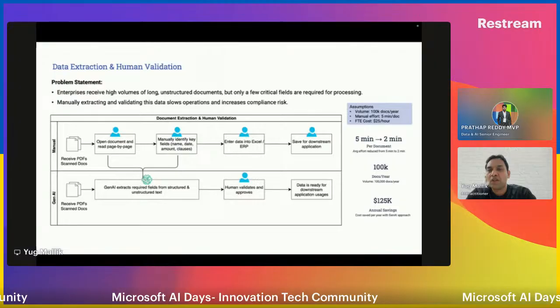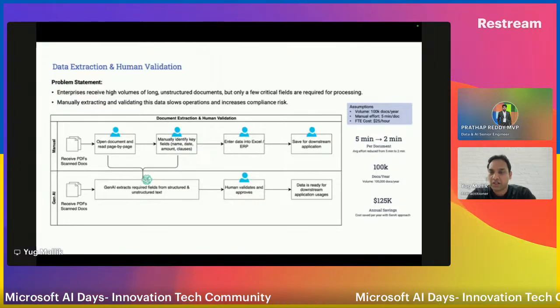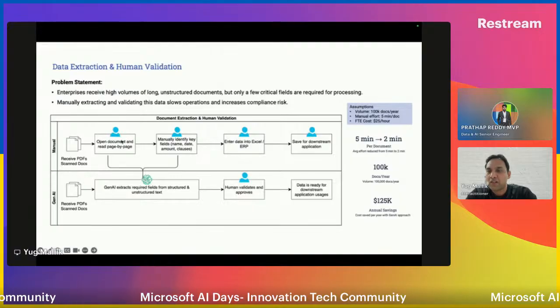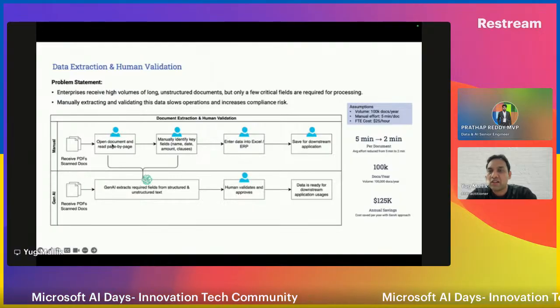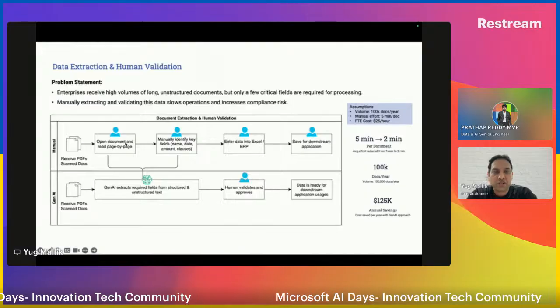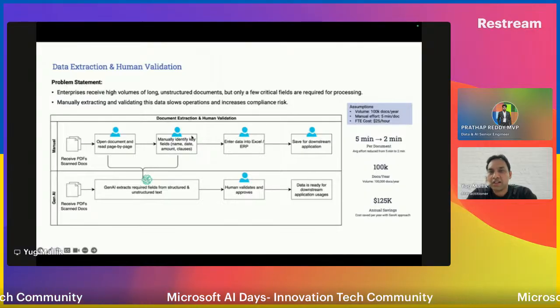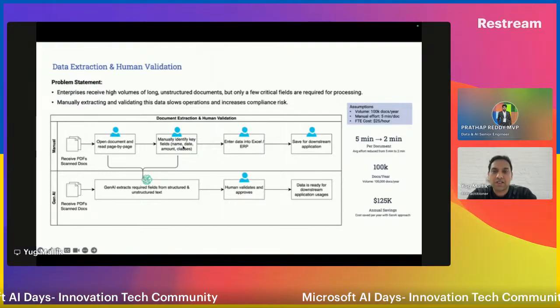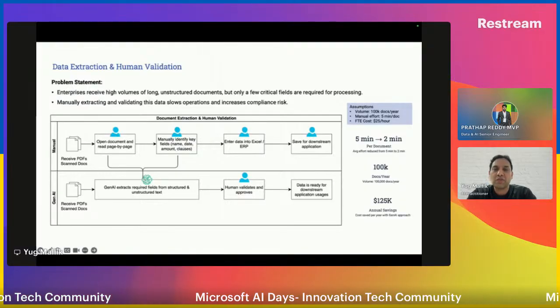And the bank, once it receives this document, what it does is somebody manually opens the document, reading page by page, making sure everything is correct, right? And it is also identifying the key fields, because not every field needs to be validated, right?